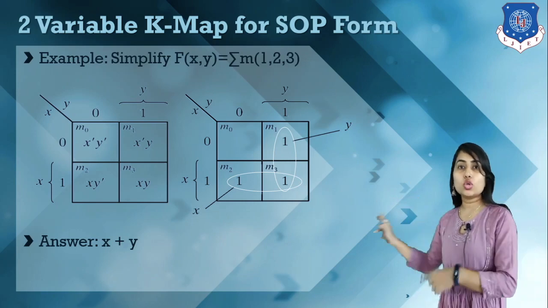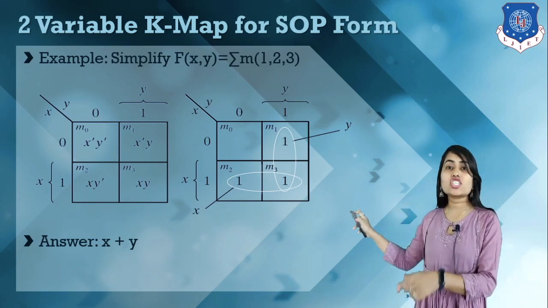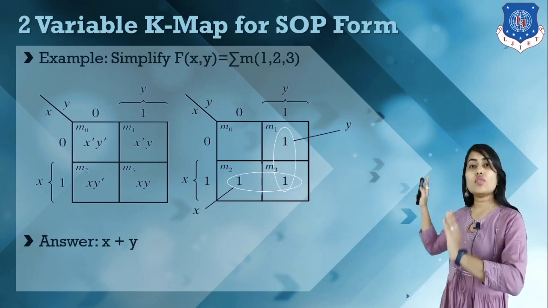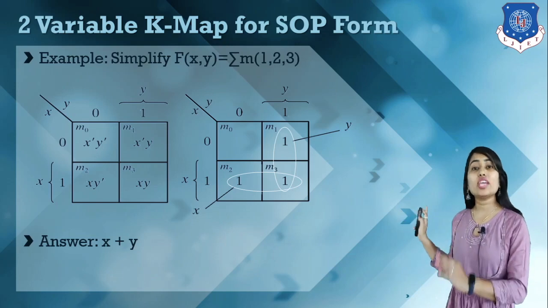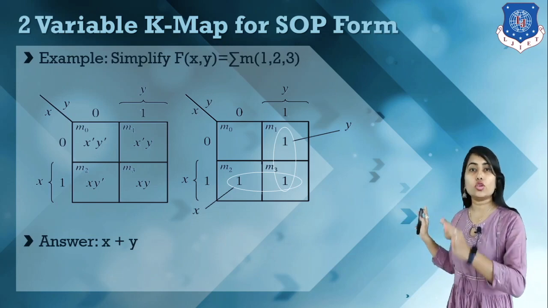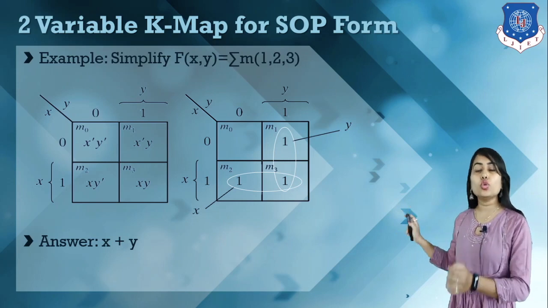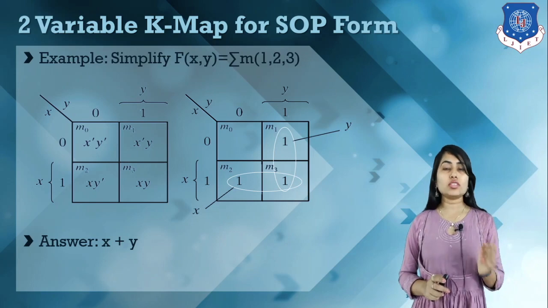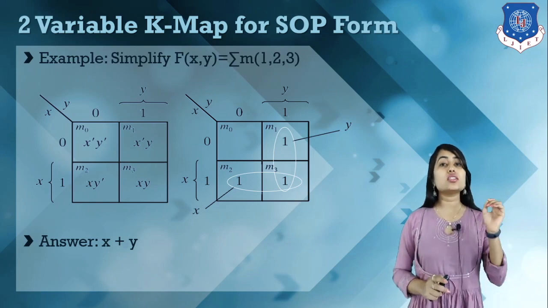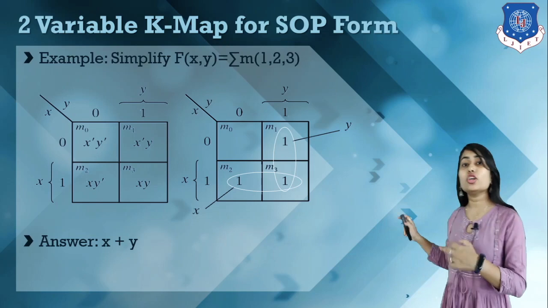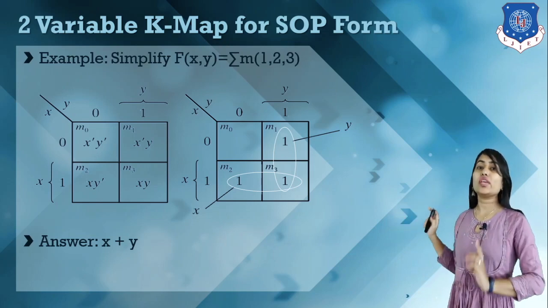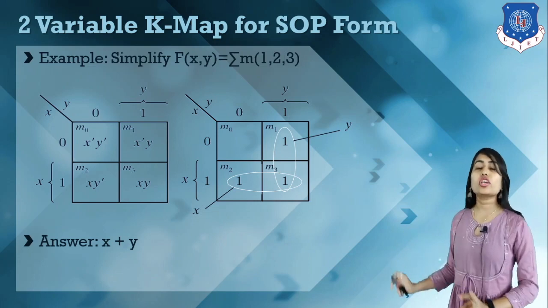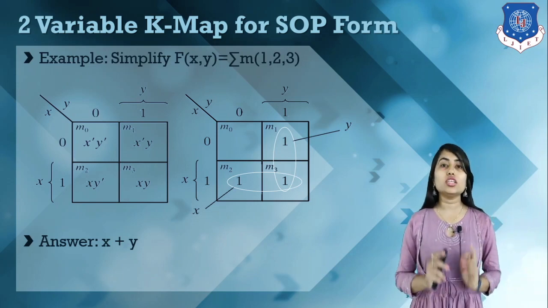And for this group, if we look in the horizontal direction, here we have x, and in the vertical direction we have y equal to 0 and y equal to 1, so both are different values, so we write the values which are common. So here the individual group function is x and y. Now this is in a SOP form, which means we have to take a sum of products. So these are the products. Now we take the sum, so we can write our logical function f equals x plus y. Okay, so this is how we can simplify the logical function.